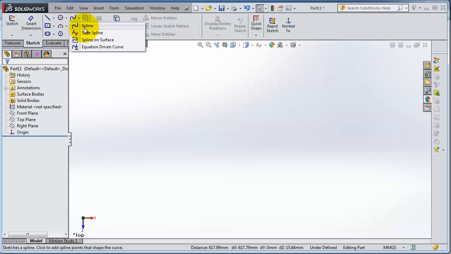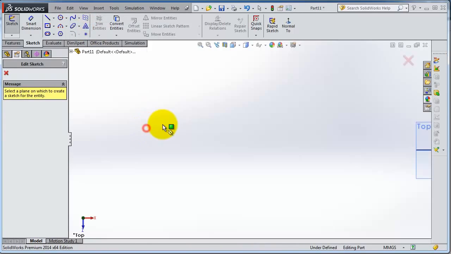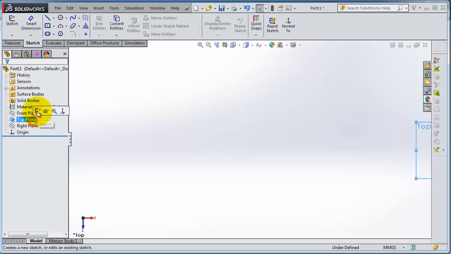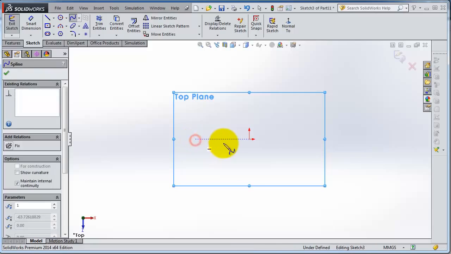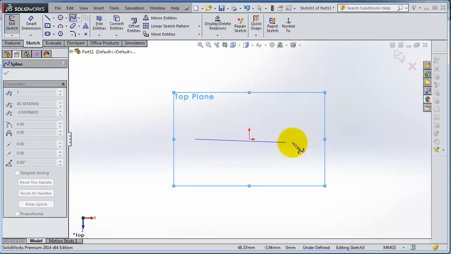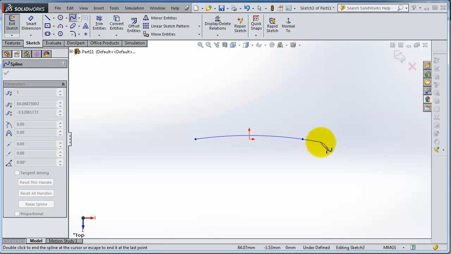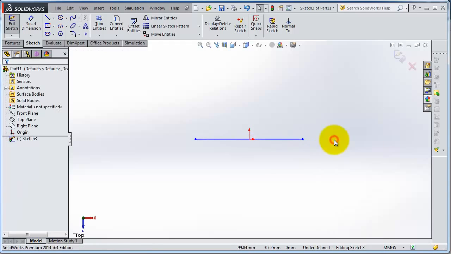The first one is this, and you have the second style of spline, where you have points and edges to control the spline shape. So let's first choose the first type of spline, the simple spline, and now let's select a sketch. We didn't start a sketch spline. Now, if you create a spline with 2 points only and then we are done, right click, select or escape,